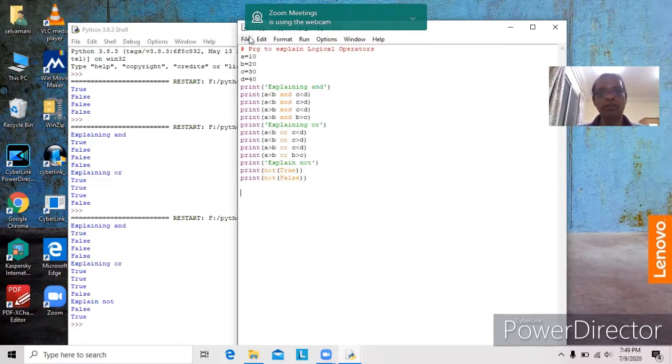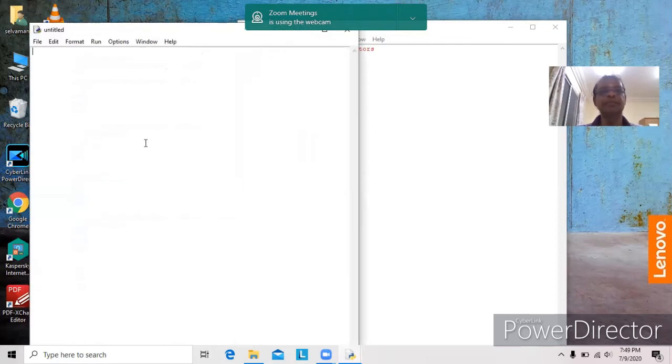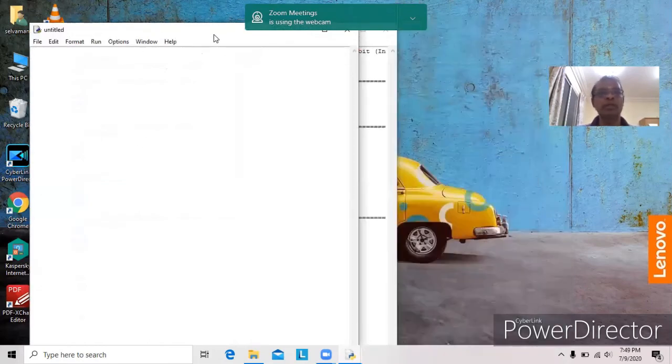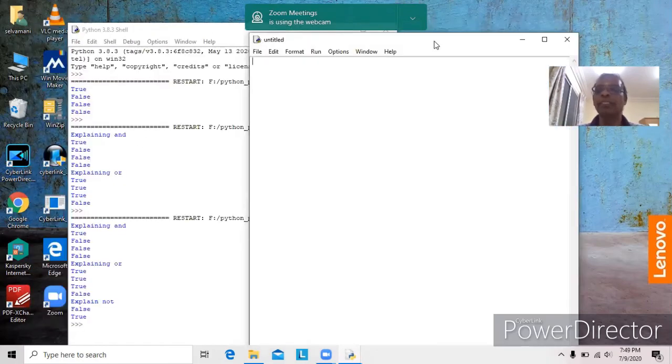Now we'll see one more program which explains the input statement. Until then, we have been giving input in the program itself. We are not getting any input from the user at runtime. Now we can get it. Input statement. So first we will go for two numbers, the addition of two numbers.